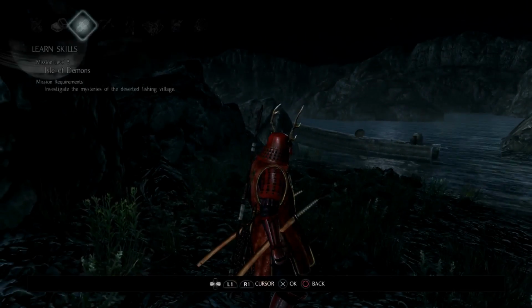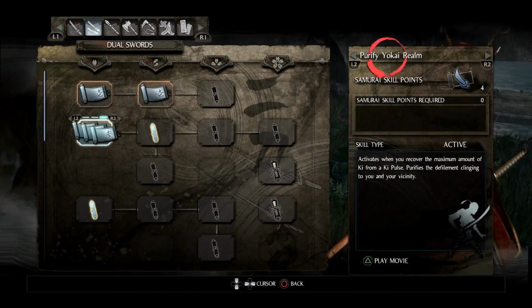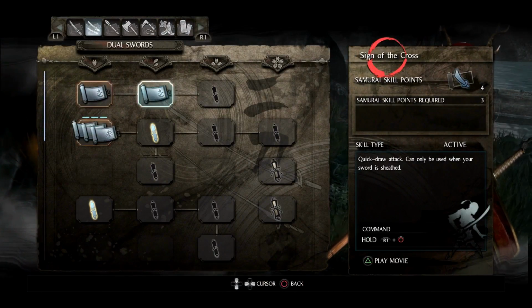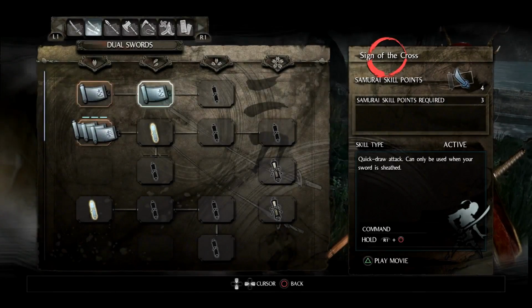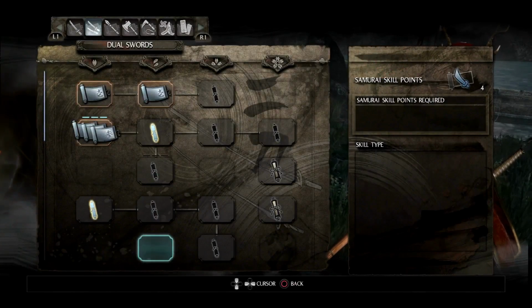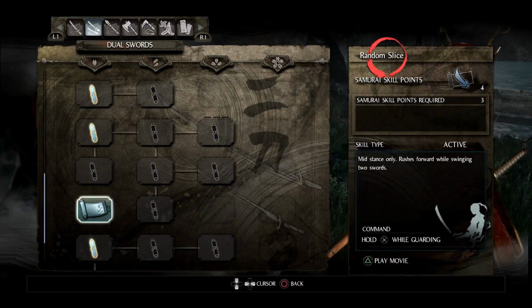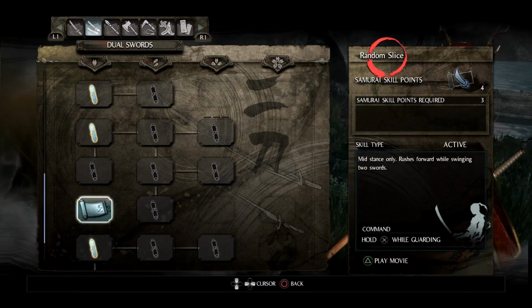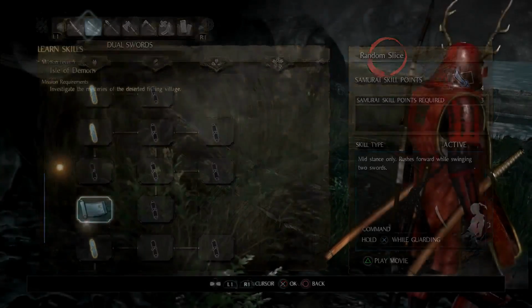Alright, so the next thing I'm going to go over is skills. I have a couple here I'm going to demonstrate. First one is going to be the quick draw. And pretty much this is just to show you how they work. I'm not really going to go too much into this. And the next one I'm going to show you is this one, which is called, I don't even know what it's called. It doesn't say, well, random slice. Alright, so